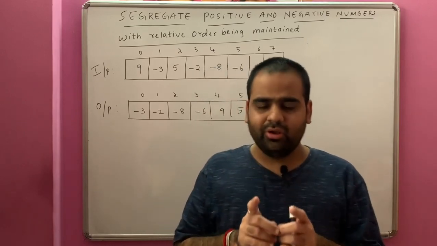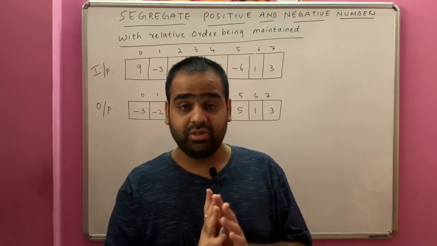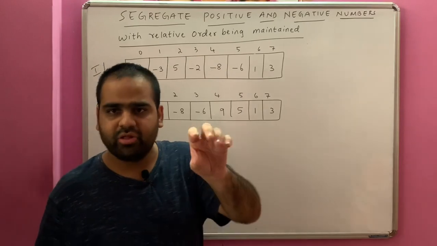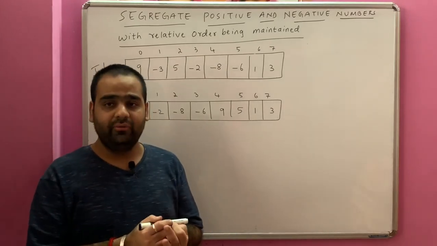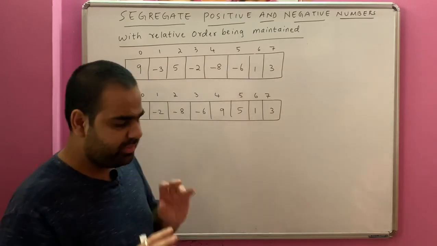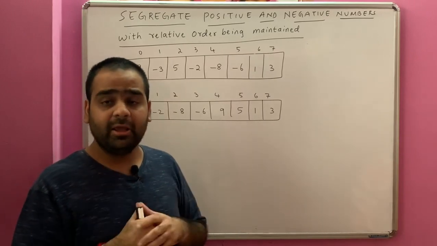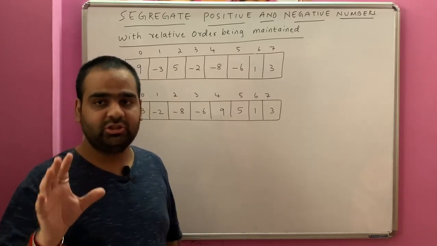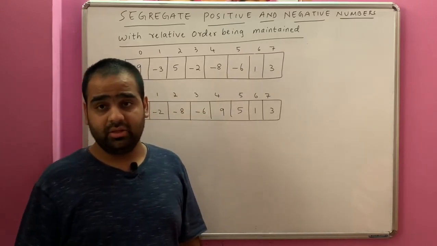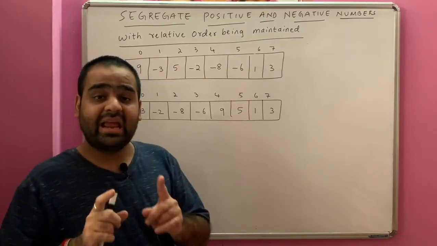I am not going to give you the solution or the program for this. I will just discuss the solution, and I expect you to write the program for the same, because merge sort I have already written. Inversion count I have written. How do you modify the merge sort and get the inversion count? In a similar fashion, you have to alter the merge sort, especially the merge function, and get the relative order maintained. I will even trace it, but the code I expect you to write down.